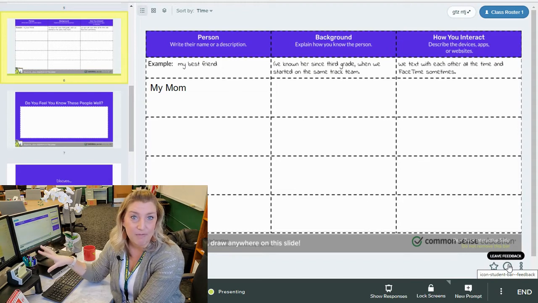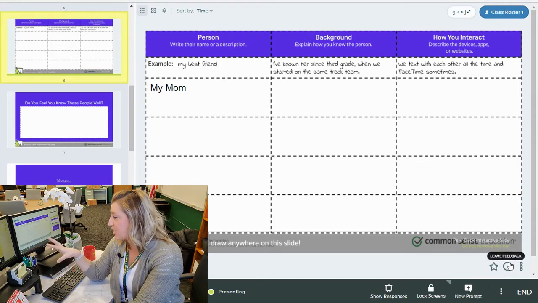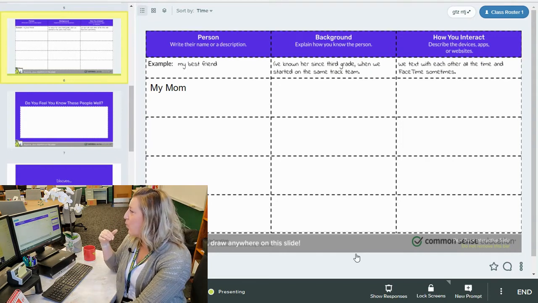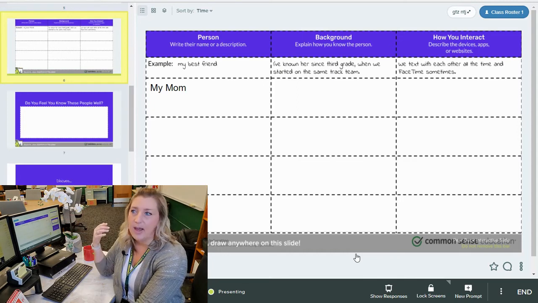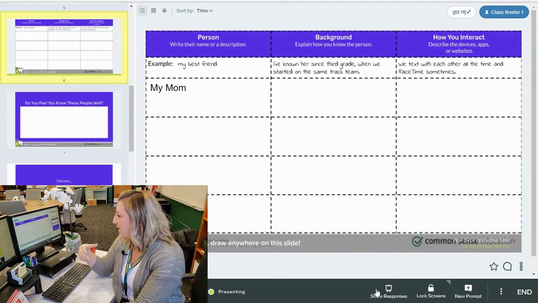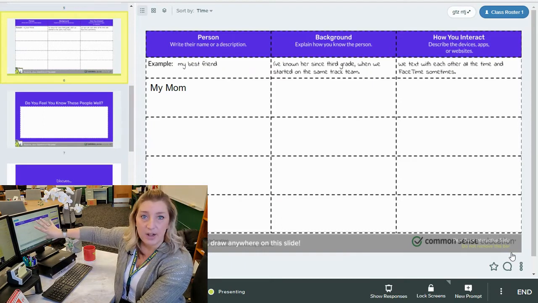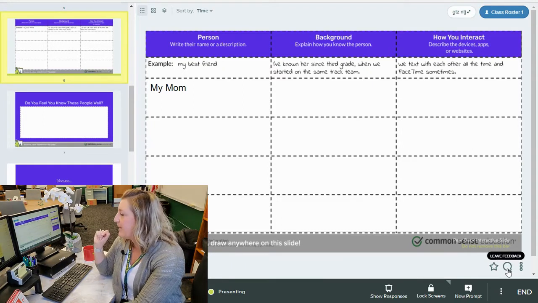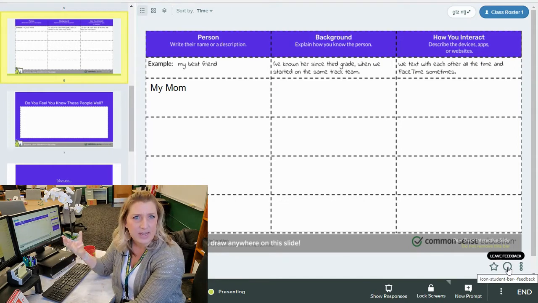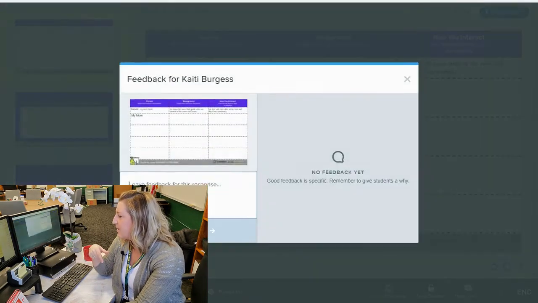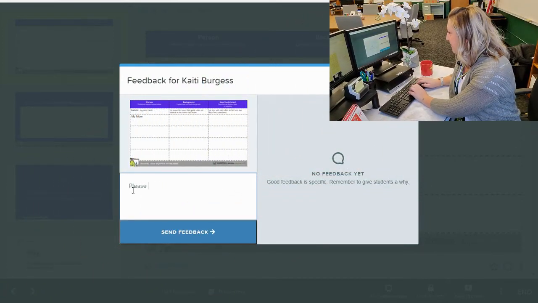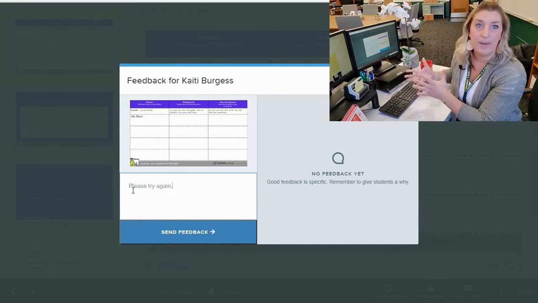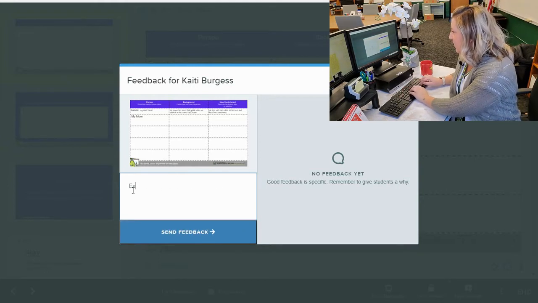And this is a really handy feature with the shared teacher dashboard as well. So say one teacher in the classroom is going through the slides and verbalizing some of this with the students, and another teacher could be looking at all the responses that are coming in from students. And maybe they see one that needs extra help. If you click this little feedback thing, it opens up a text box. And I could say, please try again, or give them some comment, or I could say excellent work,